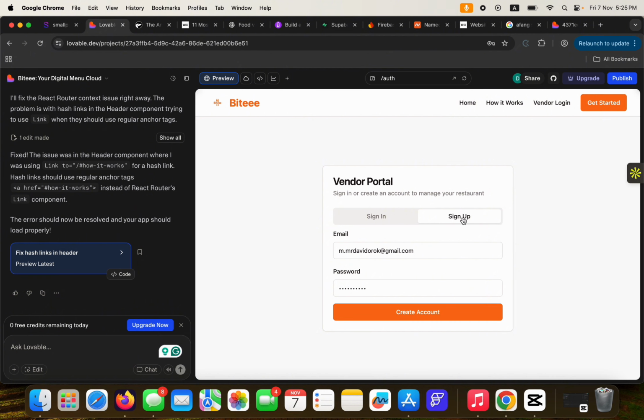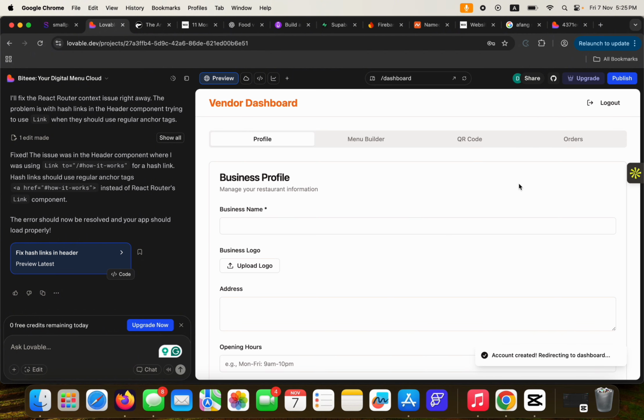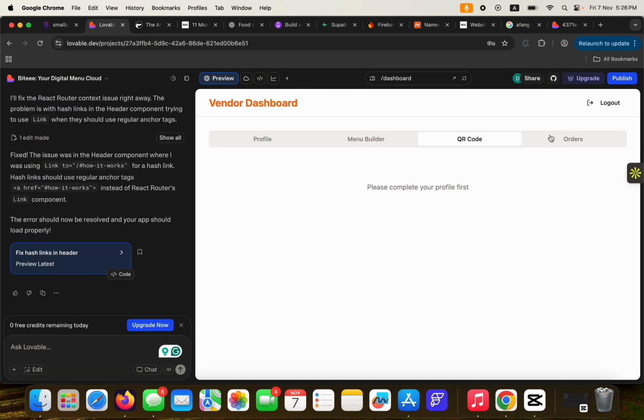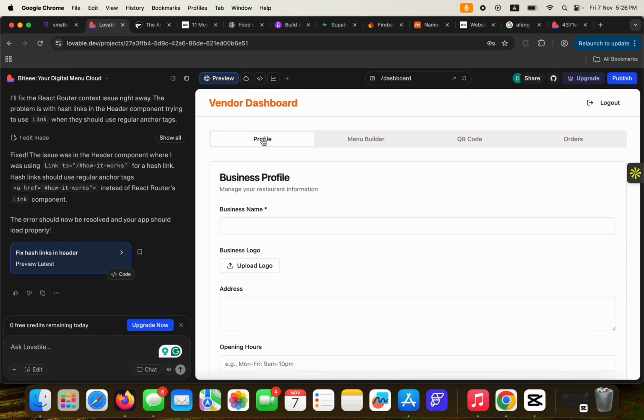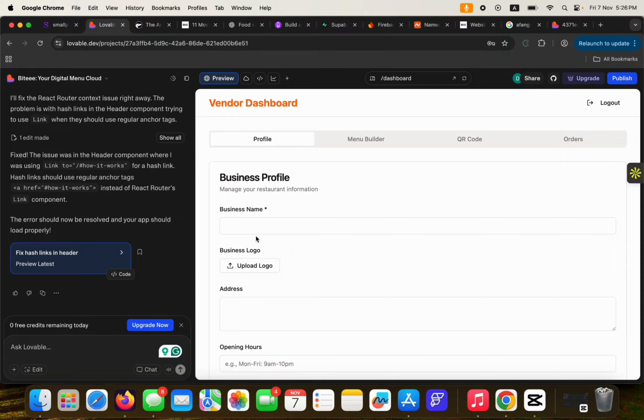So I'm just going to go ahead and do sign up here and say create an account. So it creates an account and then this is how it looks. It provided me with some information here, the profile, menu builder, QR code and others. It's telling me that for me to go to the menu builder, I need to complete the profile first, because without the profile it will not be able to create the